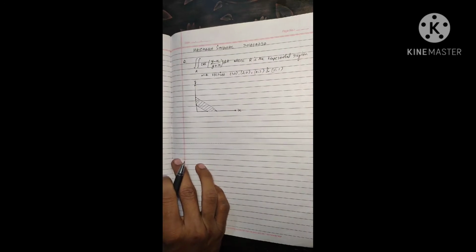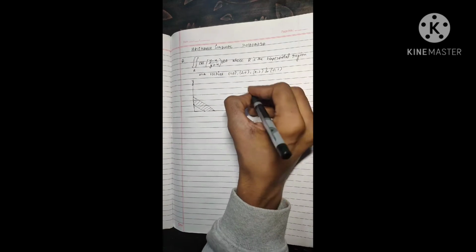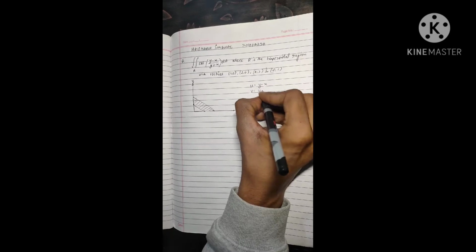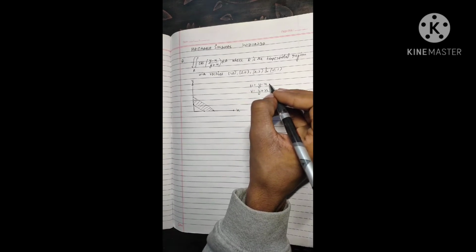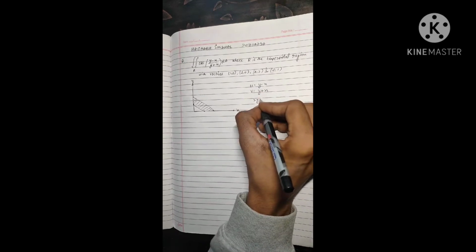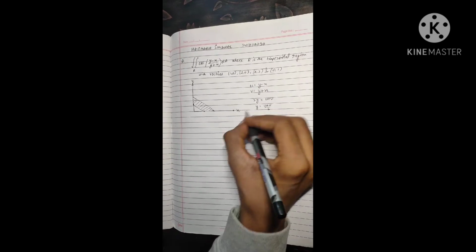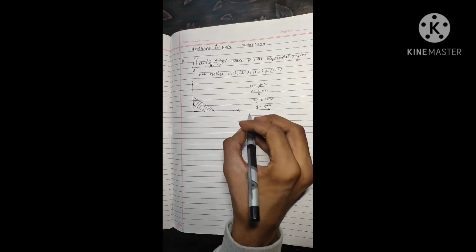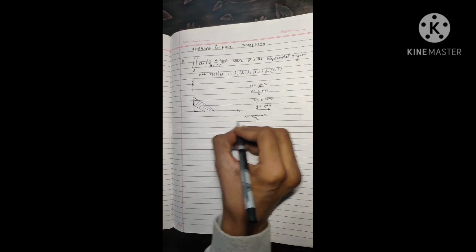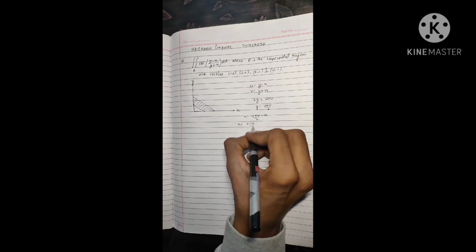But to make this integration a little simpler, we will use a change of variables. As suggested by the question, we can take u equal to y minus x and v equal to y plus x. If we solve for x and y, on adding these two equations we get 2y equal to u plus v, so y is equal to (u plus v) over 2. Similarly, if we put it in either equation, we get u equal to (u plus v) over 2 minus x, and therefore x is equal to (v minus u) by 2.